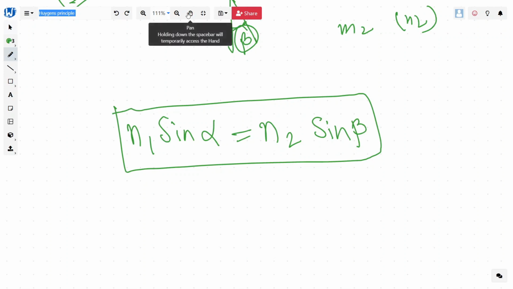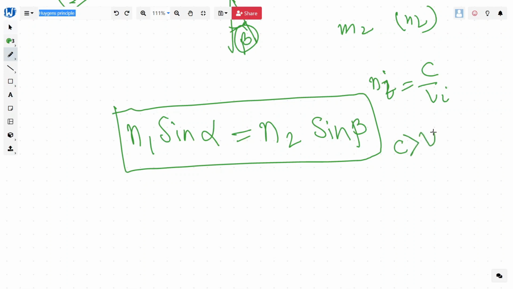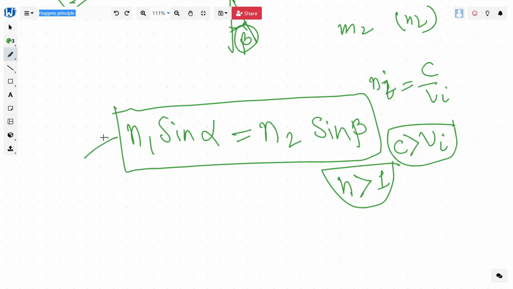Now as we defined the refractive index, which is N2 or any Ni is equal to C by Vi. As we know, C is always greater than Vi, hence the value of refractive index will always be greater than 1, right? Now let's write down the second law of refraction of what we observed and proved with Huygens principle. For the law of refraction, we can simply write two things. The first thing, that the angles alpha and beta will follow this expression: N1 sine alpha will be equal to N2 sine beta, and secondly,